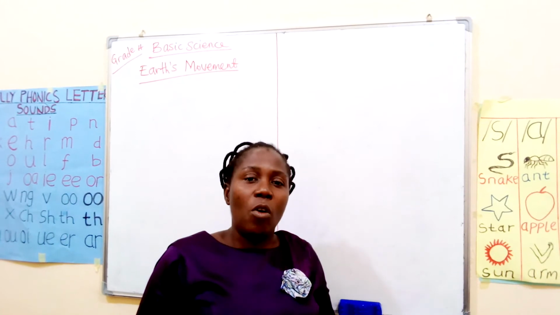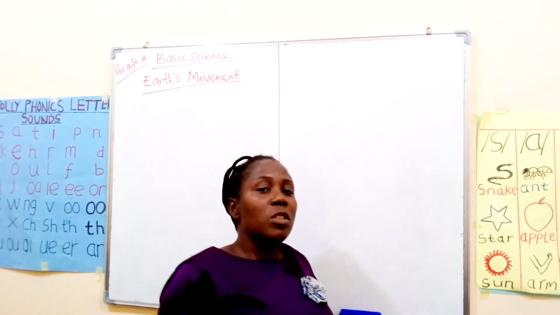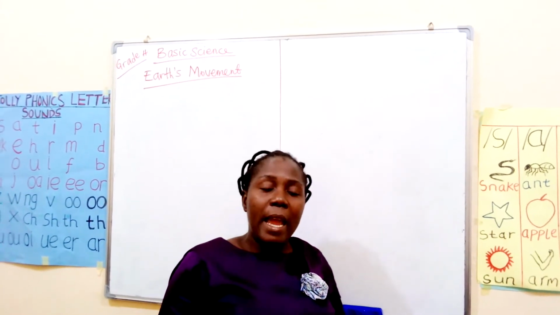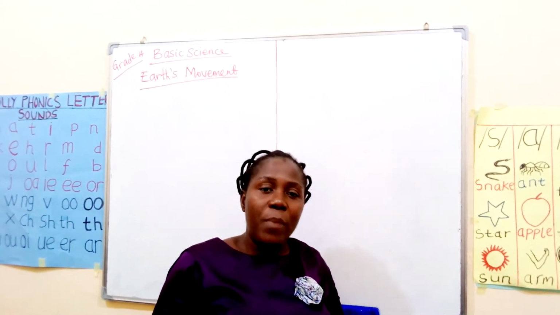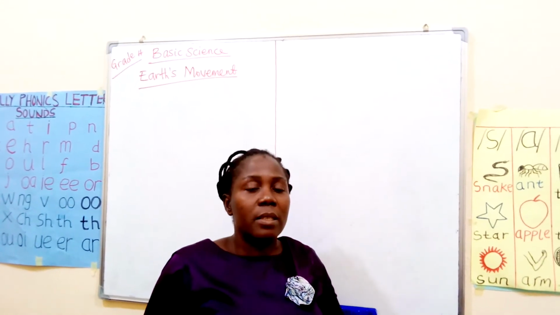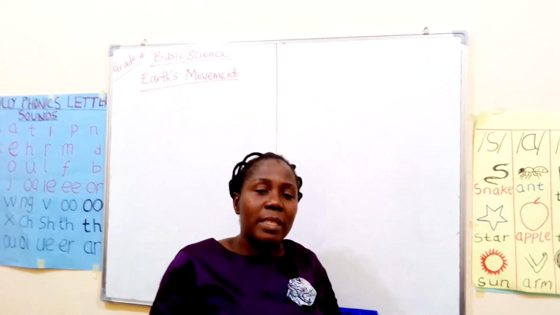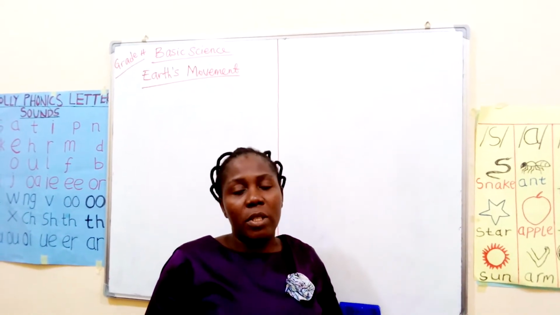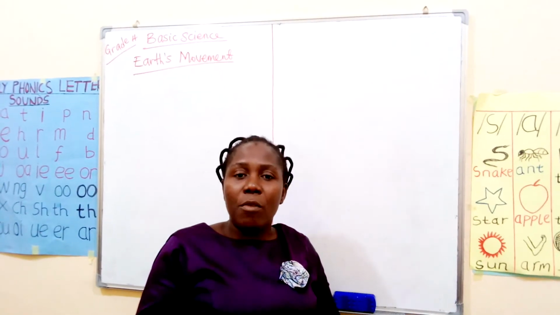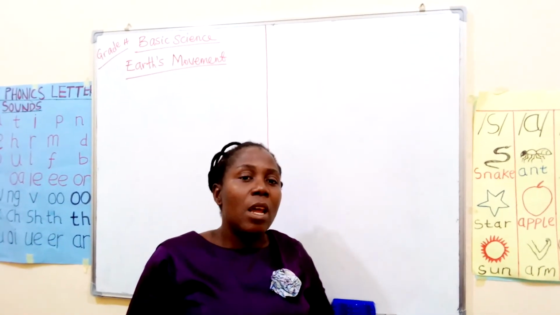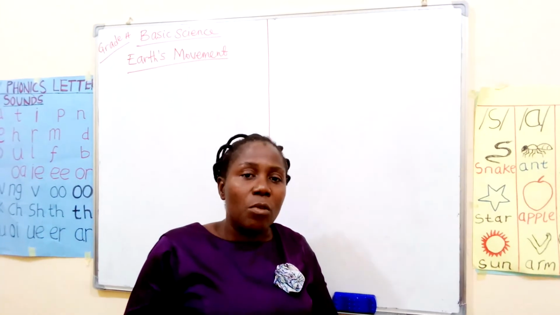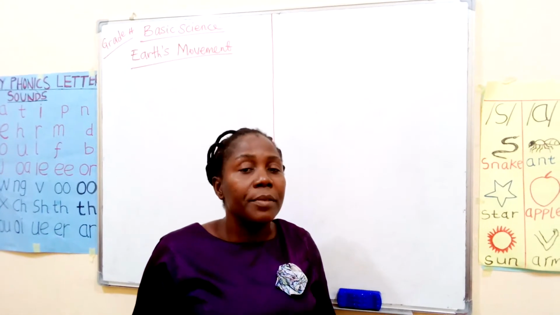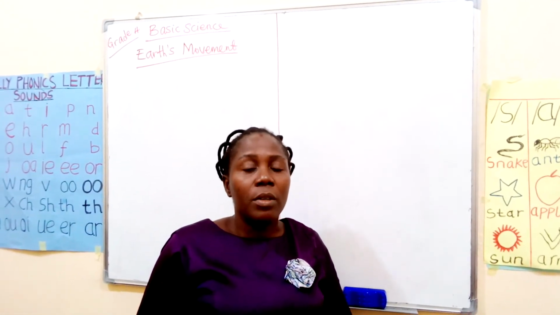But before we go into a detailed illustration, we want to write down what we have just said. Remember that the Earth rotation is the movement of the Earth on its axis. And we said that an axis is an imaginary line. It's the imaginary line on which the Earth turns or rotates. Then when we talk about the rotation, I have made a point that the Earth makes one complete rotation in 24 hours. That's one day, if you remember your time measure.